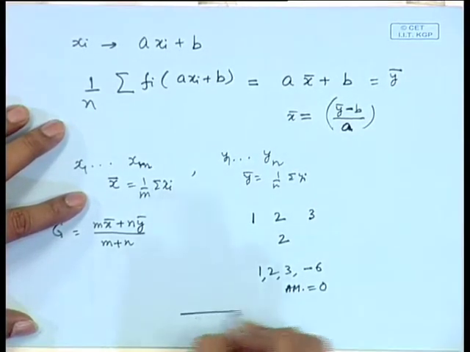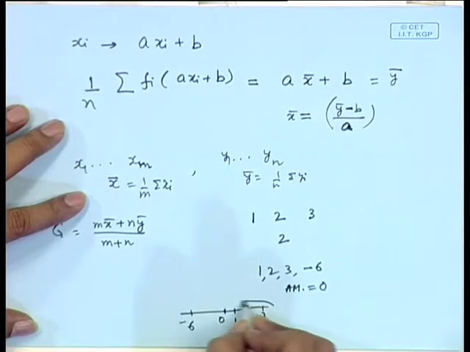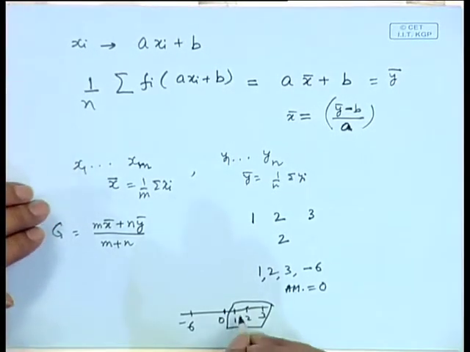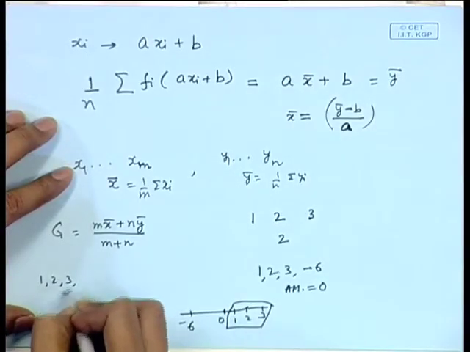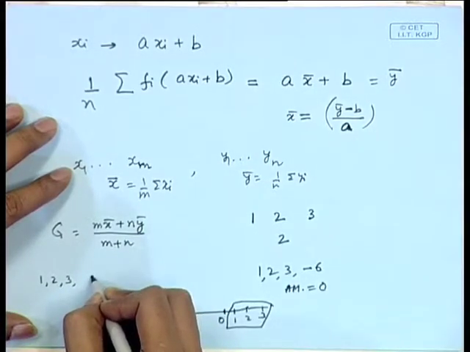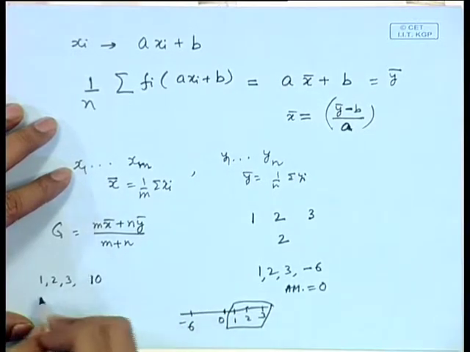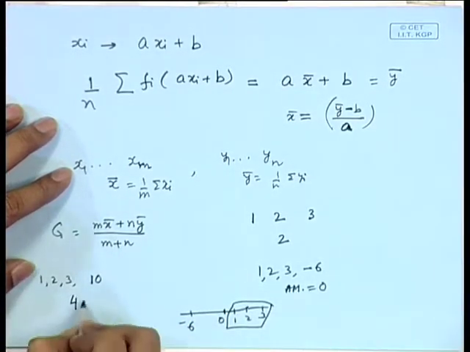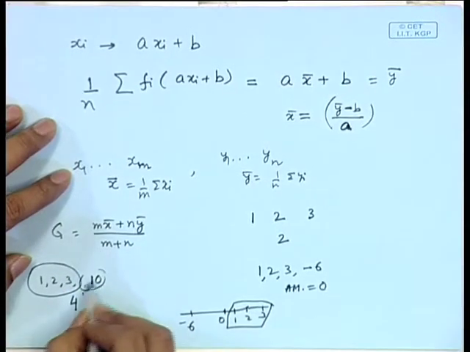Now, if you are looking at this sequence minus 6, 1, 2 and 3, then actually 0 is not occurring anywhere, and in fact, 0 is less than 3 of the values. So, in some sense it is affected by the extreme values. For example, in place of minus 6, I put, say, 10, then the arithmetic mean will become 4, which is again bigger than these three values and much less than this one. So, it gives undue weightage to very high or very low values. This is one drawback of the arithmetic mean.